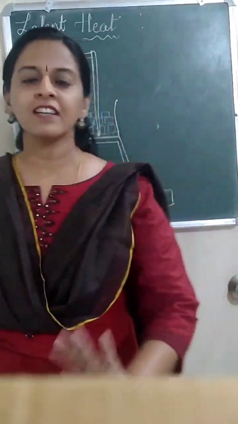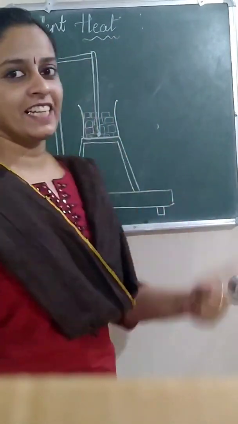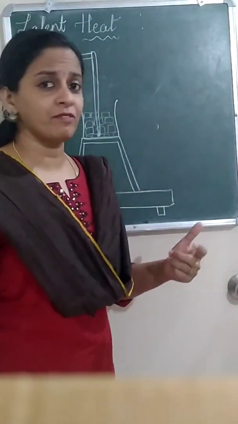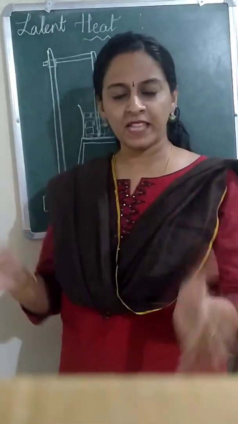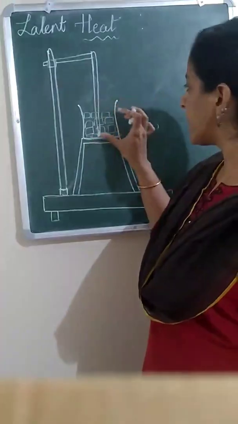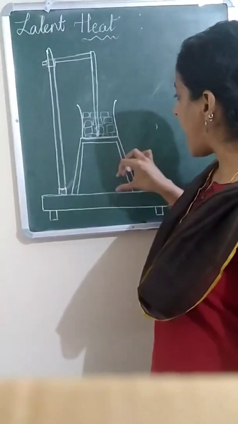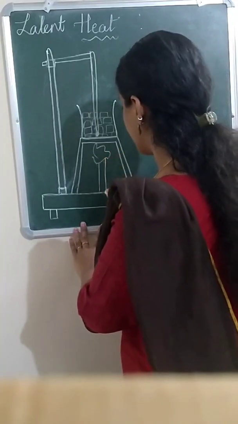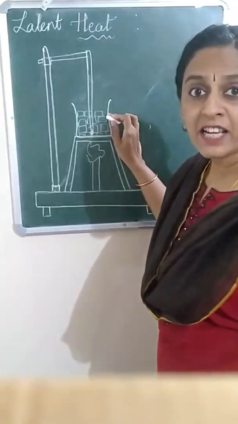Okay, having discussed some basic things, now let us move on to the main topic, that is latent heat. Not a new topic, you have learnt it before also. So for this, what is the basic experimental setup? I have taken a beaker, and in that beaker we will take a few pieces of ice. Now this is the stand, and then the most important thing, a burner. A burner we need. So we will heat these ice cubes.